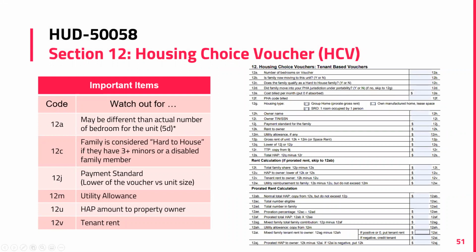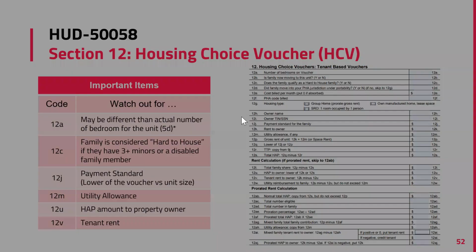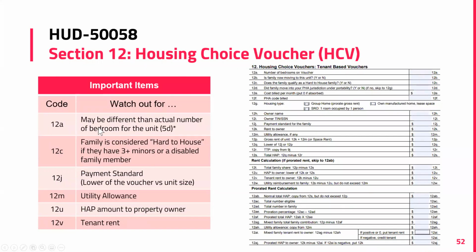Section 12, we're talking about the housing choice voucher, the HCV. Now, the ones that we're going to watch out for are going to be the 12A, C, J, M, U, and V. I know I just went over that really fast. Okay, so 12A,